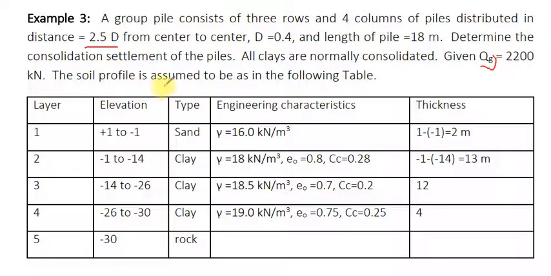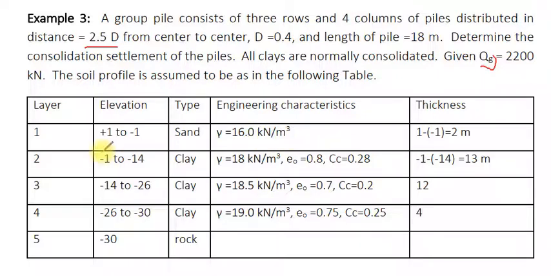The soil profile is assumed to be as in the following table. Layer 1, the elevation is +1 to -1, that is 1 meter below the ground level. The ground level of the soil takes elevation equal to 0. The type of the soil is sand. The thickness of this layer is 2 meter. Engineering characteristics of the soil: gamma, the unit weight of the soil, equals 16 kilonewton per